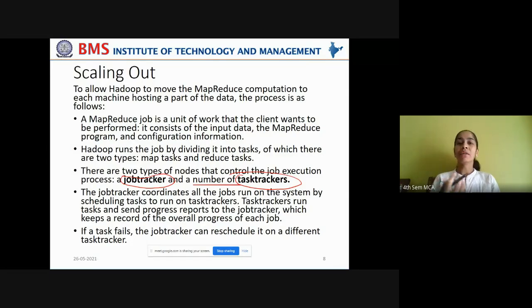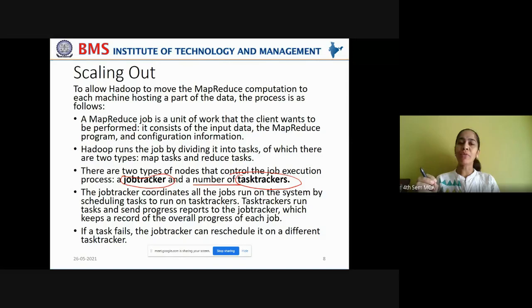You understood that the input is not given at a time to one single machine. Input is divided into input splits, into parts, and they are assigned onto various data nodes. Now these data nodes will act as task trackers which perform the actual task and inform it to the job tracker. That is another machine which keeps track of scheduling the task to the task trackers, right? So job tracker is like a leader who actually takes care of scheduling the jobs or assigning the jobs to the task trackers. Task trackers are the original executors of the job in split manner.